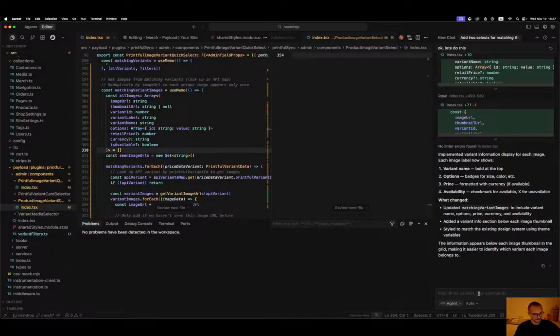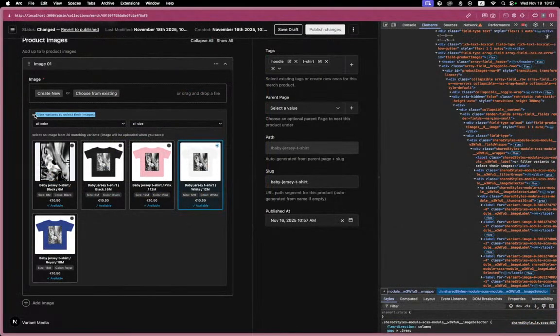Perfect. And finally, we're gonna remove this part. And perhaps we should do it in 2 steps. So once you select this variant,